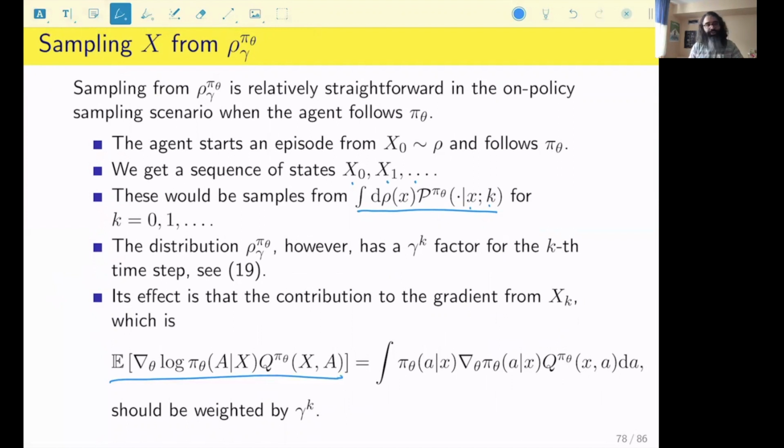Now suppose we can compute it. The effect of it should be multiplied by gamma to the power of k in order to have an unbiased estimate from this discounted future state distribution. In practice, this wasn't known for a long time. So what people have been using was just generating these x's, computing this term or an unbiased estimate of it, and adding all of them together as an estimate of the policy gradient. The result would be a biased estimate because the distribution wouldn't be the discounted future state distribution, but the undiscounted